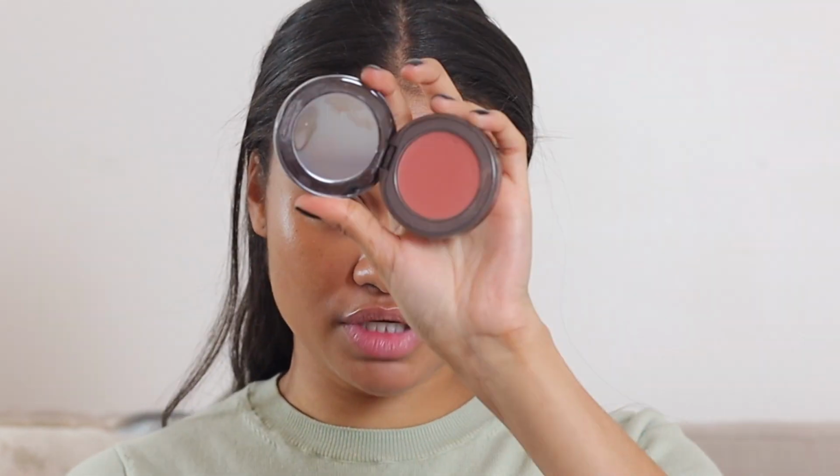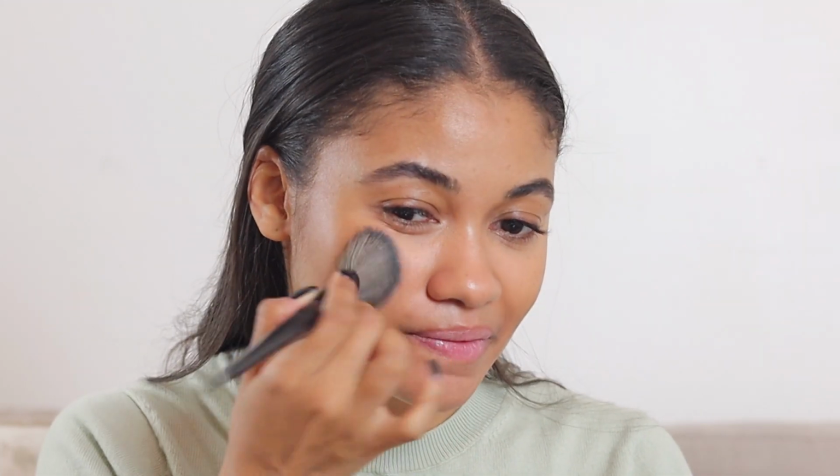I think I'm going to go with this cream blush, though, the Rowan Beauty blush in the shade Natural Rose, because I feel like it's going to look really good with my shirt. Actually, my shirt vibe. So I'm going to go in with this. It's so pretty. Look. I'm going to dip in with this brush here, and I'm just going to blend it